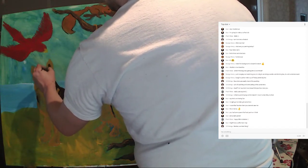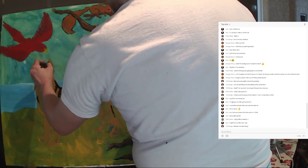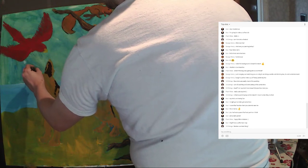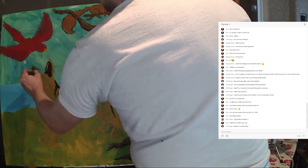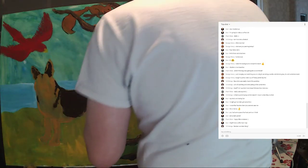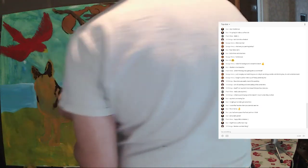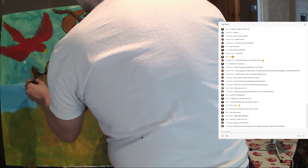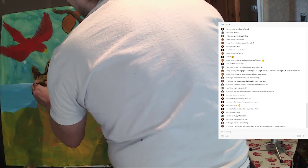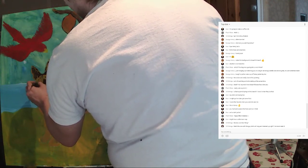Okay, so dog's ears. Roughly get them in. Roughly getting them in. Let's try and get the face. It's hard to get the face right. I've never really painted dogs very much, so